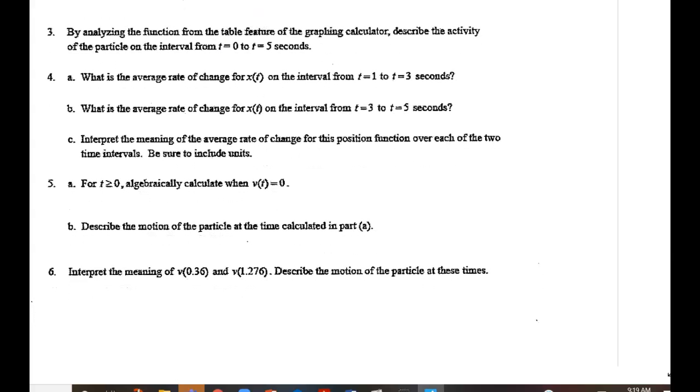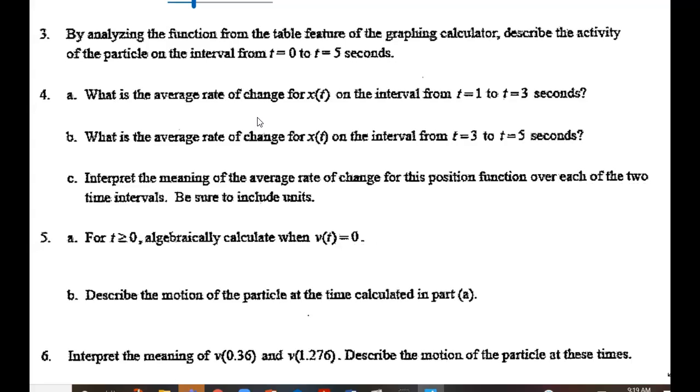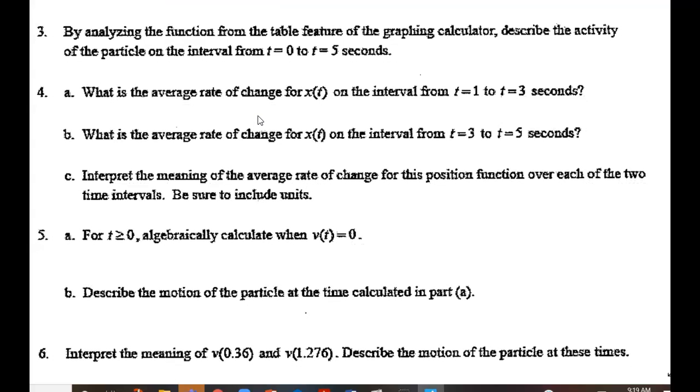Okay, number 3. By analyzing the function from the table feature of the graphing calculator, describe the activity of the particle from 0 to 5. So you did second graph, go to the table, and what you want to do is tell me what is happening. So at t equals 0,